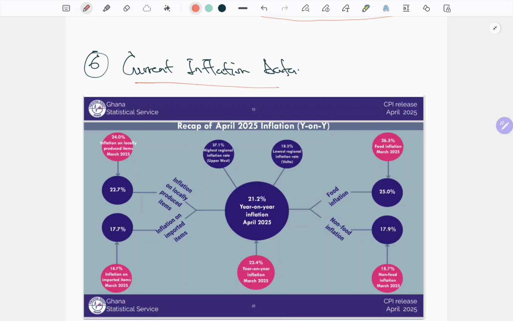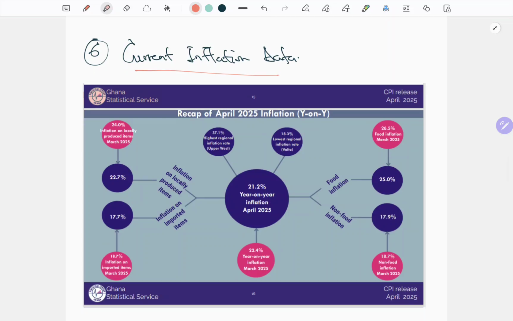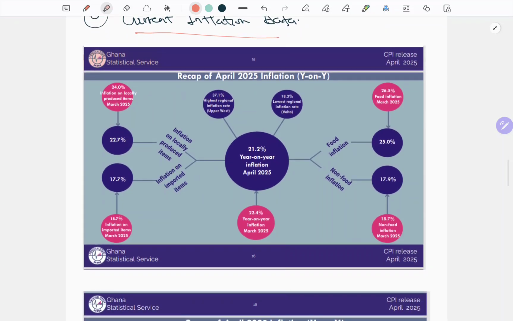A bit of color here is inflation in Ghana. As you can see here, it is released by the Ghana Statistical Service. They are the body mandated to release inflation, and it comes every month, right? Usually the second week or the second Wednesday of every month, you should expect inflation. There's a whole timetable on the Ghana Statistical Service website. I'd entreat you to have a look, right? But this is the most recent inflation figures we have, coming out last week Wednesday for April. So let's just walk through.